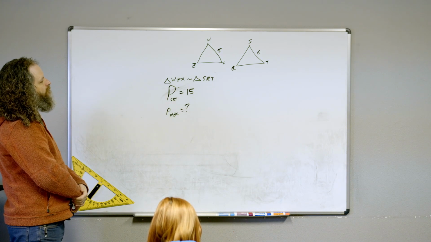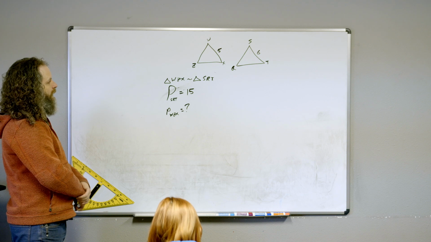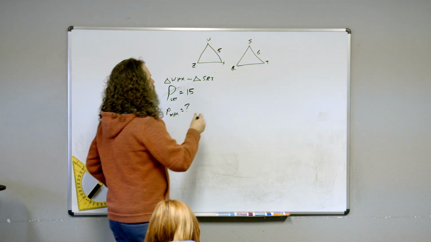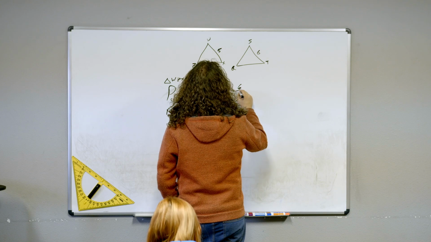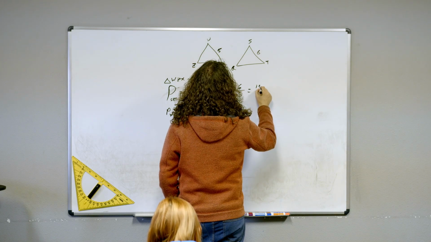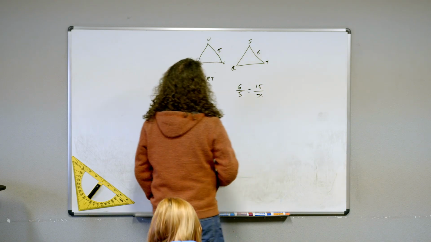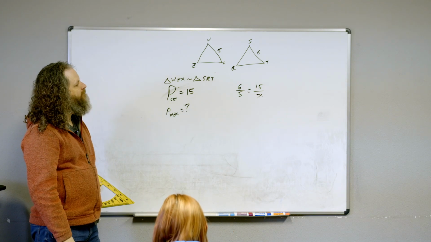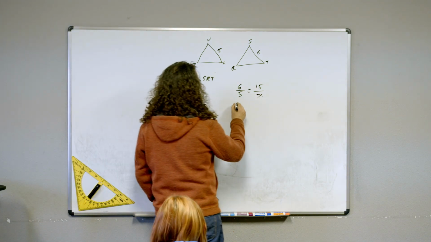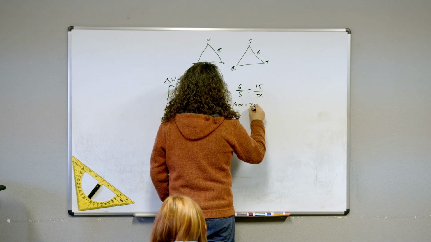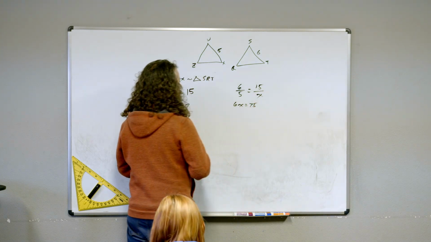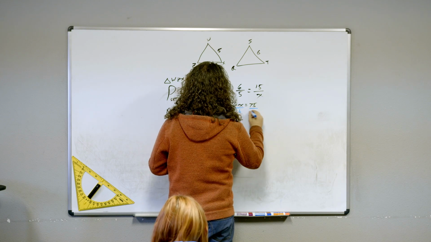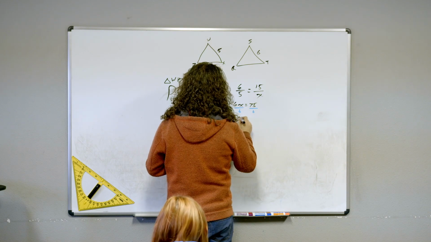Sum of his ratios. Okay. 6/5 equals 15. Now what? 6x equals 75. What now? Divide backwards. X equals